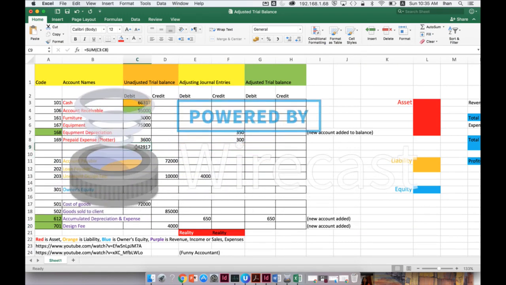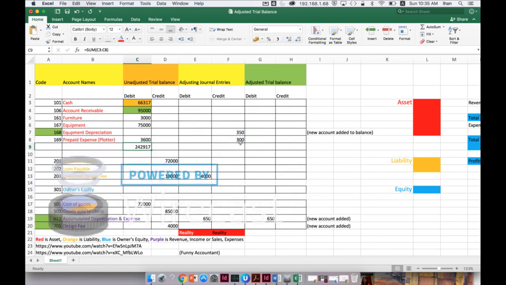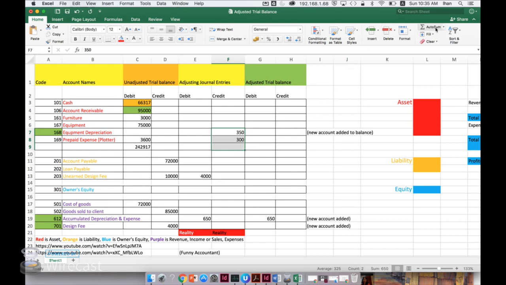So if we look at this number minus these two, that will be our new balance. So let's put these two together as a total number, and we will do a little formula here. Okay, the formula is this one